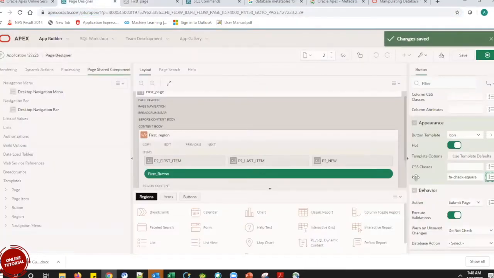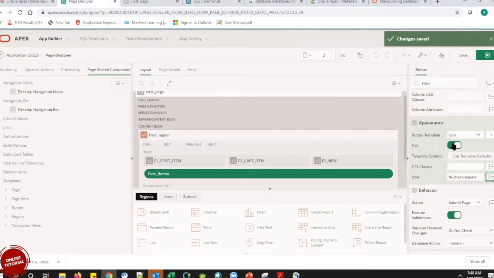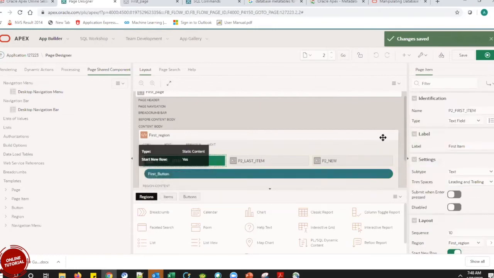The next thing I was talking about is the heart icon. If you click on the heart, it will turn into a colored one. If we don't click on the heart, it is just a simple HTML button.